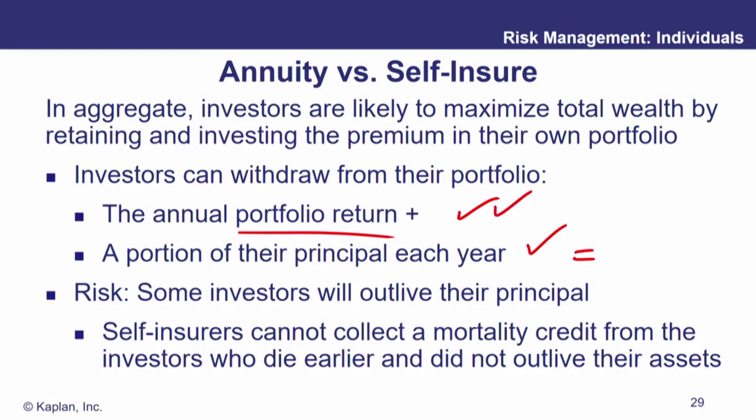That's called self-insurance. But there's a huge risk in that. You may be the individual that lives a very, very long time and outlives your assets. Other annuitants may die early and things just stop. So if you buy the insurance product, the annuity, and you do happen to live a long time, you're earning the mortality credit. You're getting the money from the people who died prematurely, and the insurance can provide that. Investing your own money cannot provide that.